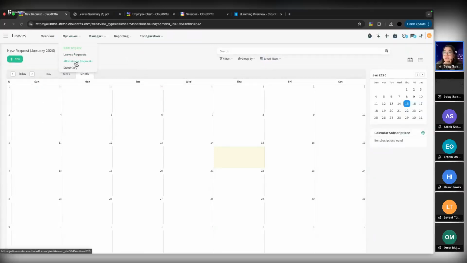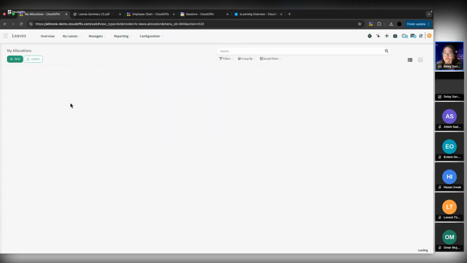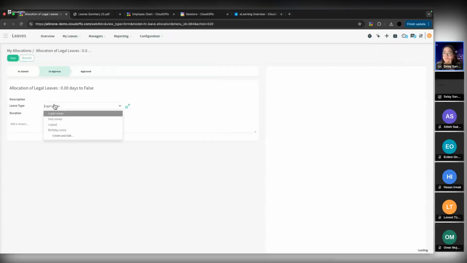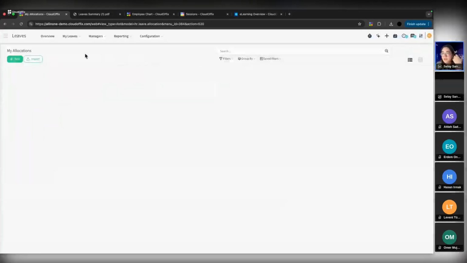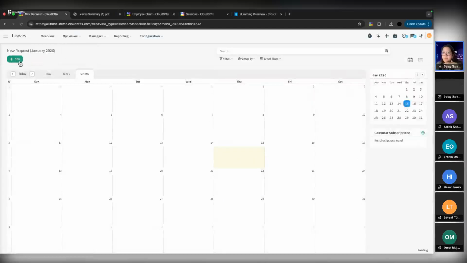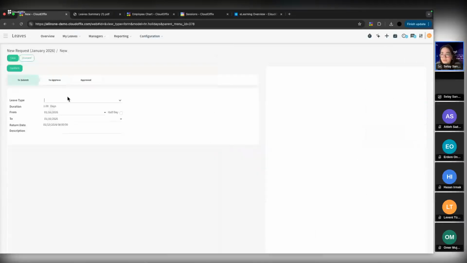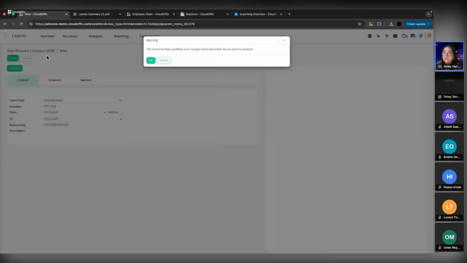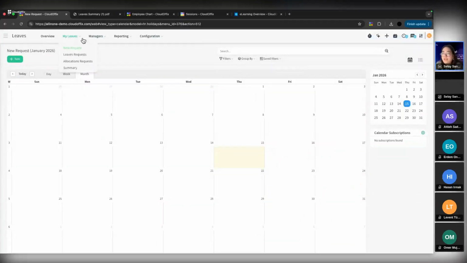And again, for the allocation requests, they can come here. They can have an allocation request. So like birthday leave, just 1 day, today is my birthday, and they can request this leave. And when the leave is allocated to them, they can come here and they can create their leave request for their birthday with 1 day. So this is how you can allocate your leaves and also